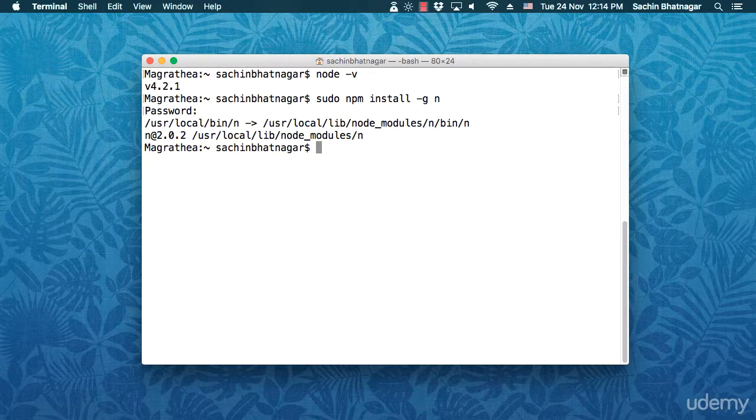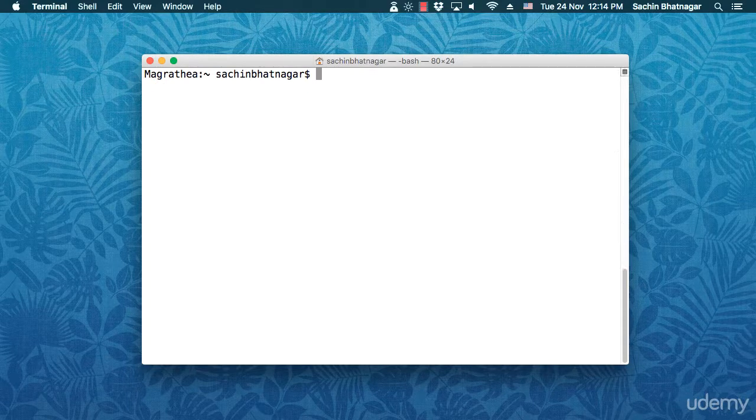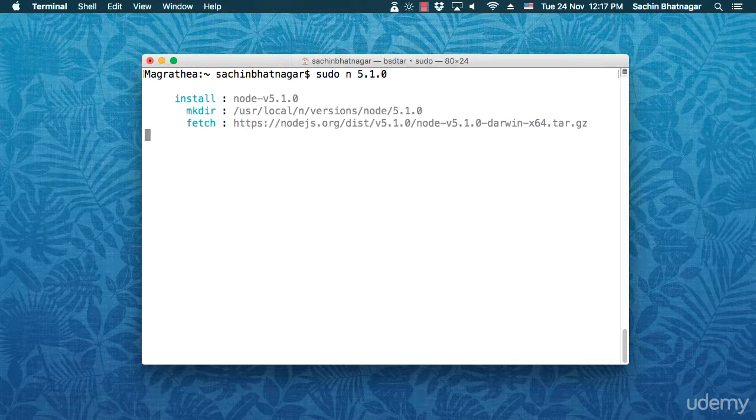At the time of this recording, the latest edition of Node.js is 5.1.0. So, to install that, I'll just have to type sudo n 5.1.0 and press enter. This will, in one beautiful step, install version 5.1.0 for me.